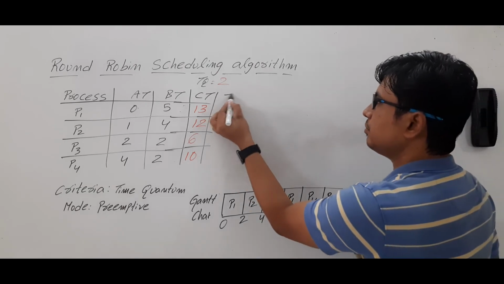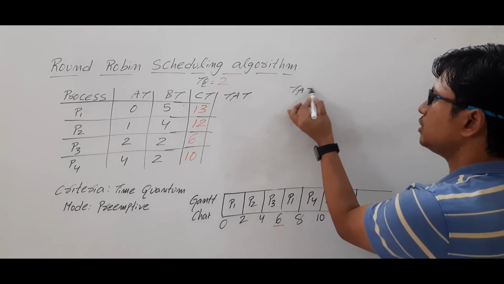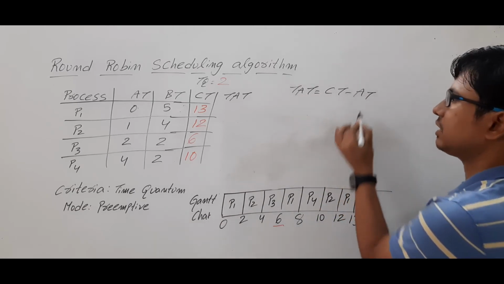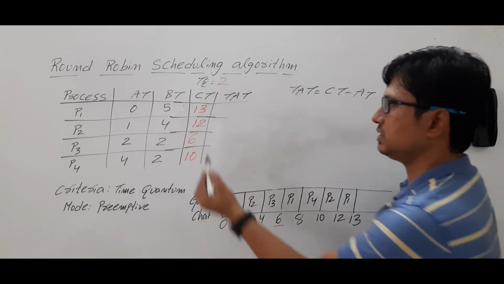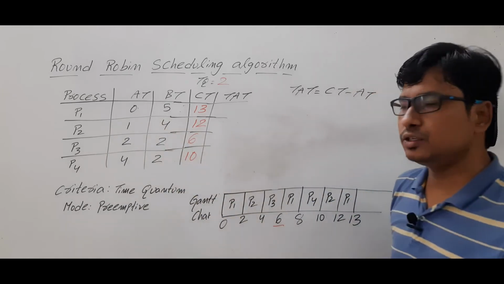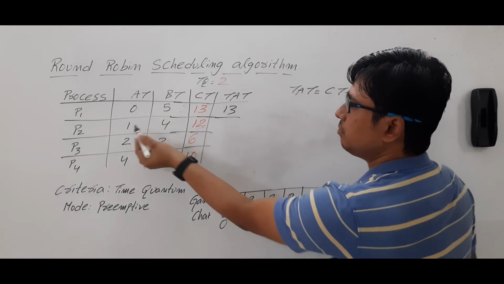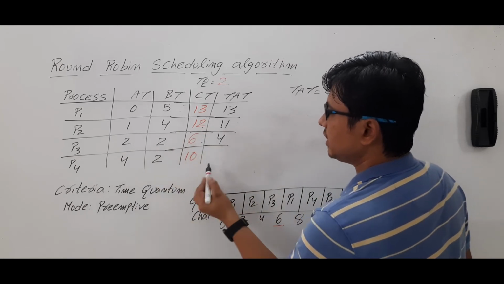Now we need to compute the turnaround time. Turnaround time is equal to completion time minus arrival time. Okay, so the completion time of process P1 is 13 and it has arrived at 0 units of time. So 13 minus 0 is 13, 12 minus 1 is 11, 6 minus 2 is 4, 10 minus 4 is